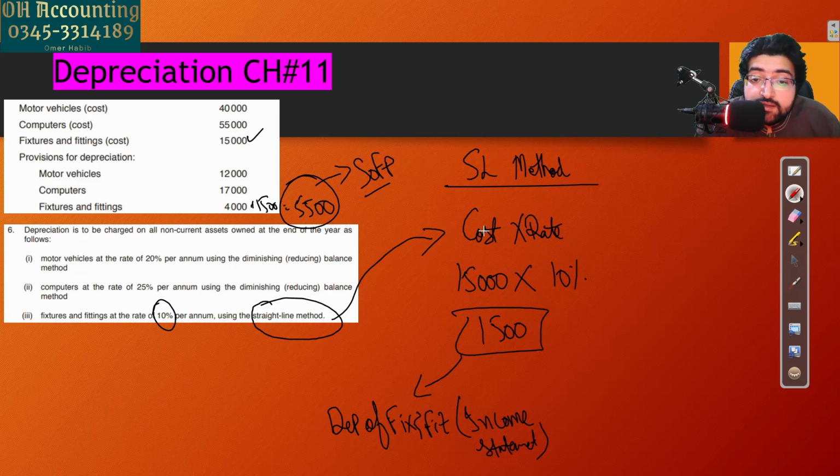We record the current year's depreciation as an expense in the income statement. Okay, I'm repeating one more time. Listen carefully. Once we find the depreciations, we have to record the current year's depreciation as an expense in the income statement, right? And then also include the depreciated amount in the provision for depreciation given in the question, because we will have to use the new figures in the SOFP. Okay, moving on